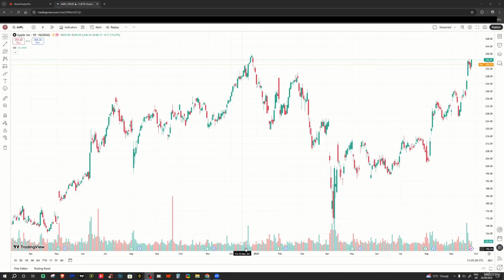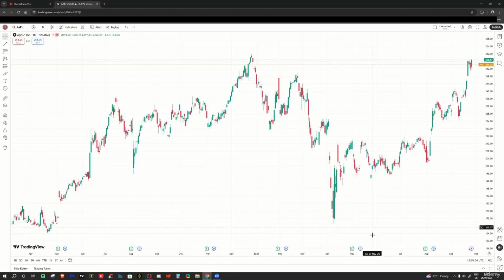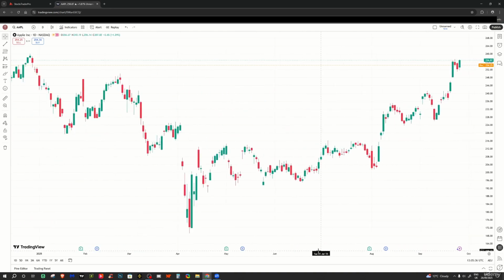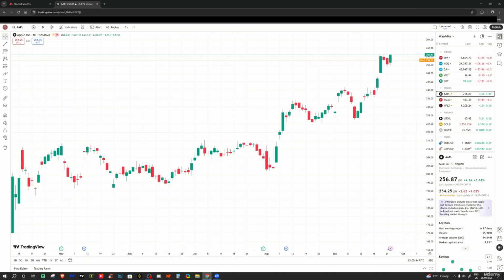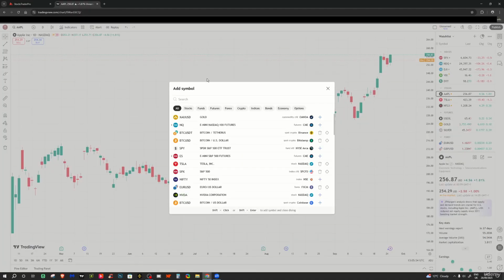When we get to the charts, we want to just click on the volume at the bottom, which is automatically put there, and just delete that so we have a completely clean screen. We have the daily chart up. You can see we're on Apple here. And then all we need to do is go to the right hand side and then we can start adding our different features, which would be what we want in our watch list. Really simple. Let's add something to the watch list. We click Add Symbol